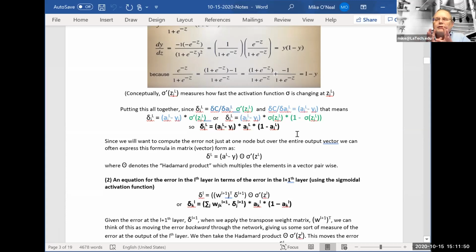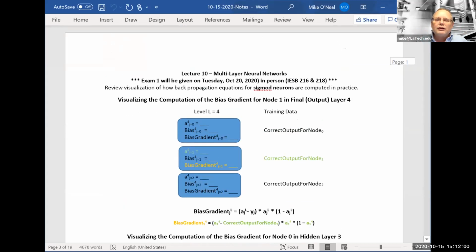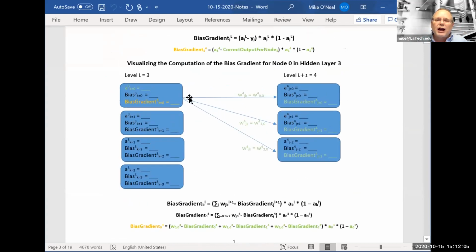Again, there are like a million little details like this. But if you think through the equation and you go back and look at how I diagrammed what was going on here, and you look at an actual example, here Mike broke it out into its parts. You've got every single step. I didn't leave out anything. So if you're a little fuzzy, you should be able to go back and unfuzzy yourself,